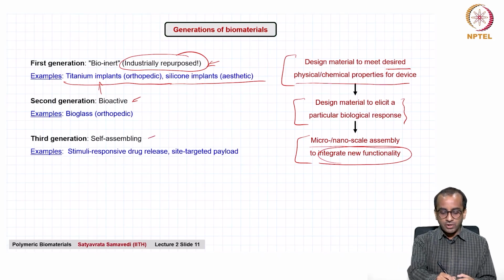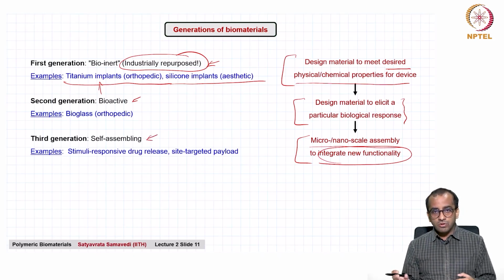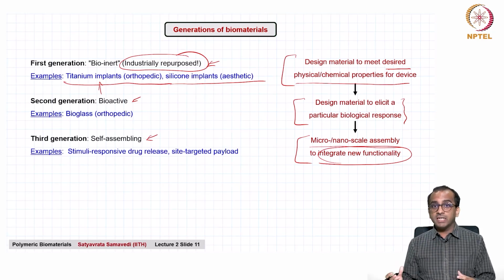And one way to think about that is to look at self-assembling materials, perhaps inspired by natural materials which show a lot of self-assembly, and we will see many examples of that in this course, where many natural polymers, for example, show a hierarchy in structures over many length scales, and there is a lot of self-assembly that happens over these different length scales, leading to very, very interesting bulk